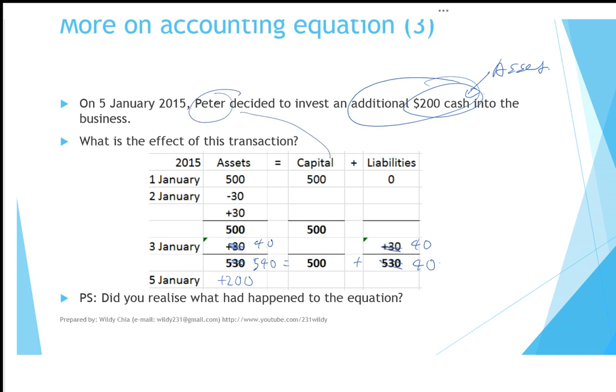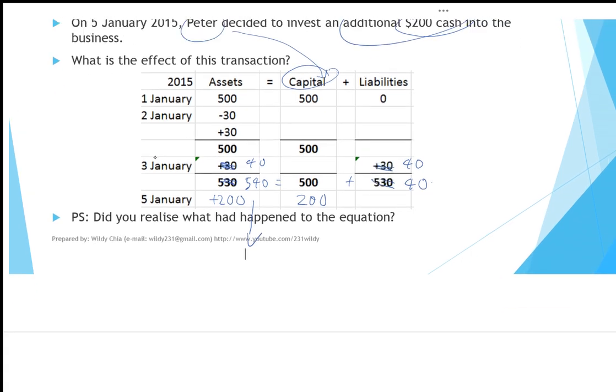Now any money that comes from the owner and invested into the business is treated as capital. So you find that capital increases by 200. Does the equation still balance? Let's observe. The left hand side of the equation gives you 740. The right hand side likewise gives you 740. The equation balances,